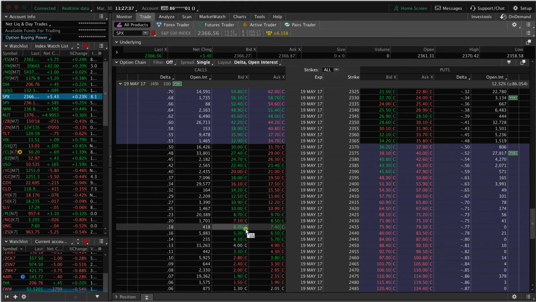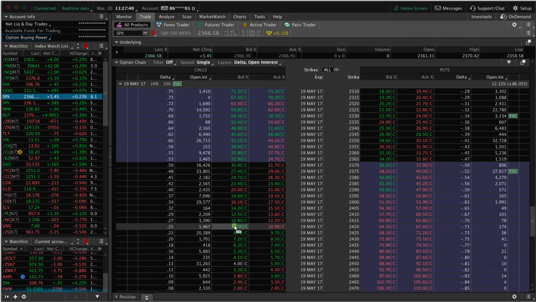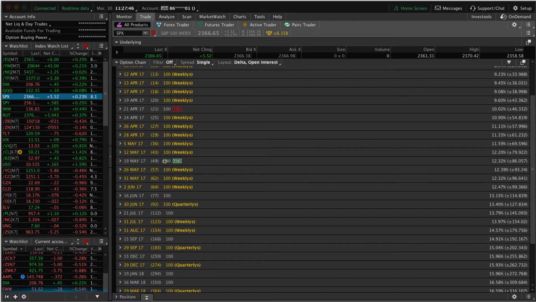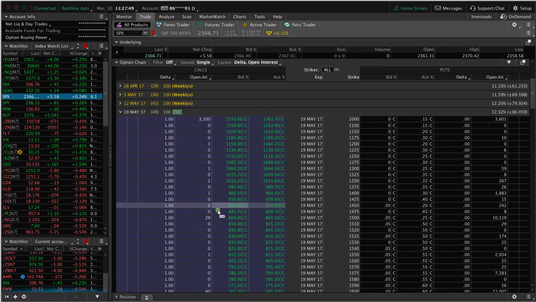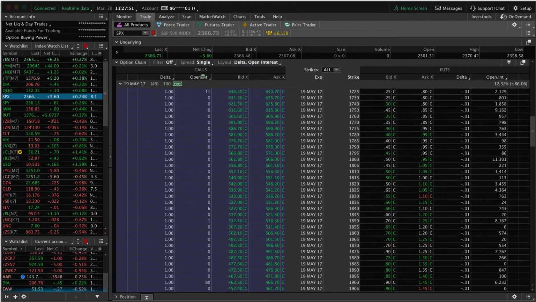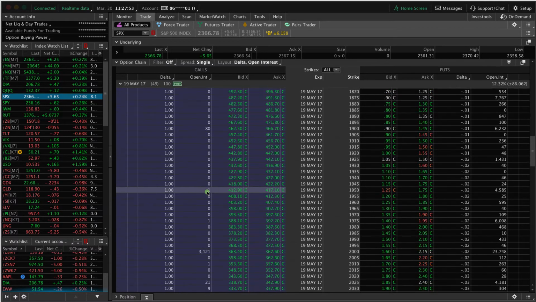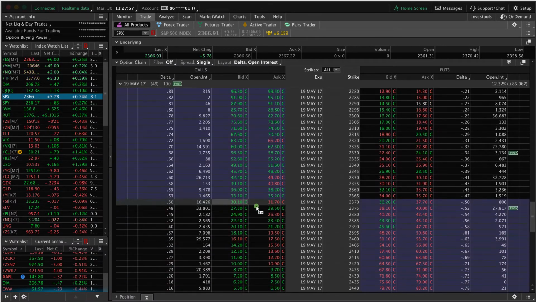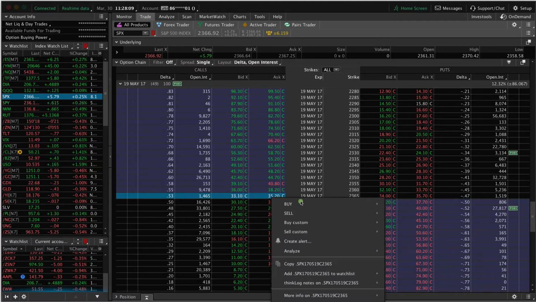Let's set one up on SPX as our example, S&P 500 index. We want to be in that 30 to 60 day range. 49 days is perfect, kind of right in between there. So we're going to go over to the call side first. And just like you set up a traditional butterfly, you're going to go right at the money. So price is trading at 23.66. Let's call it 23.65 is the closest at the money strike. So we're simply going to right click, buy